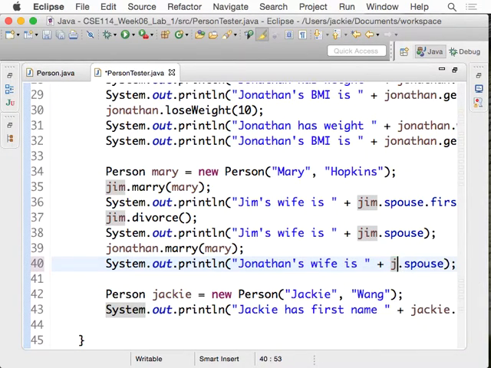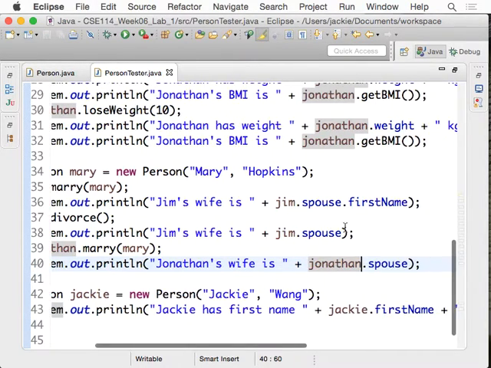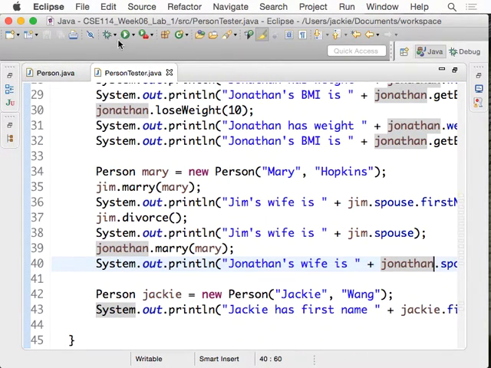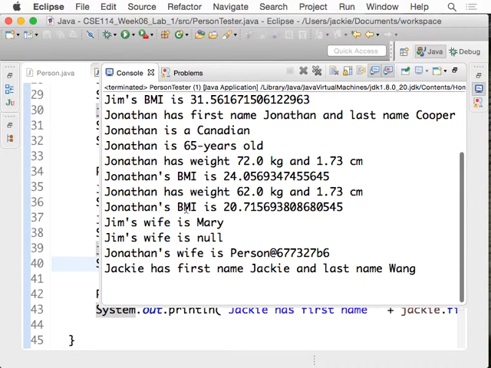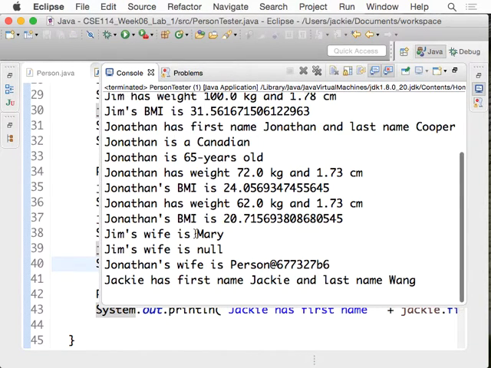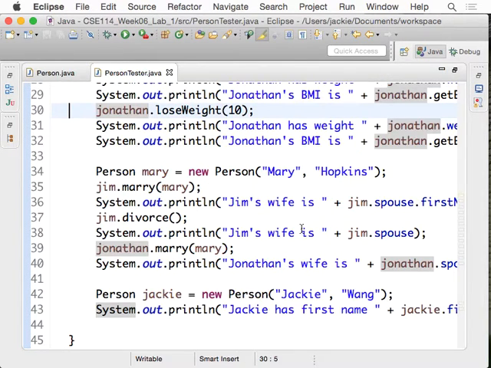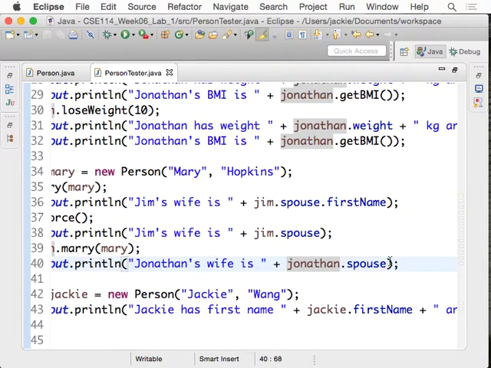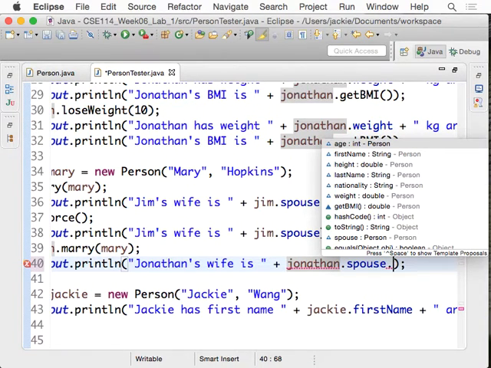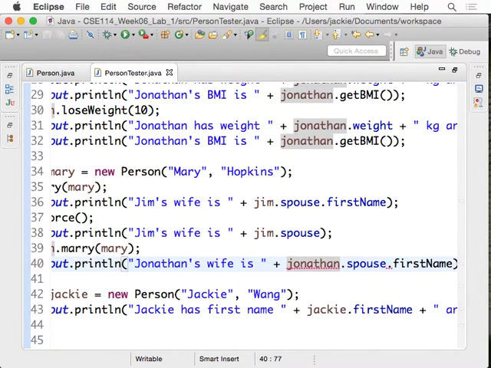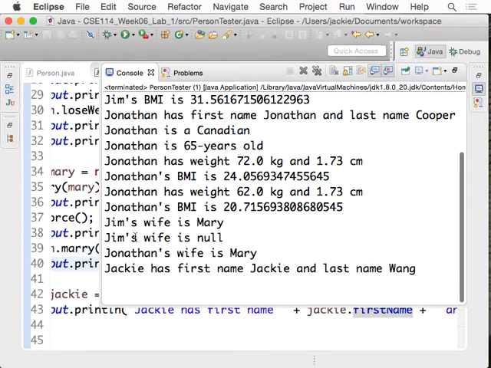And then here you can say Jonathan, the spouse, right? Yeah, so basically you can see we're just trying to use some set method. Okay, so now you actually have Jonathan's wife is, and don't forget, Jonathan the spouse dot first name. Okay, since we know there's such a spouse there, and then if you do that, you have Jim's wife is